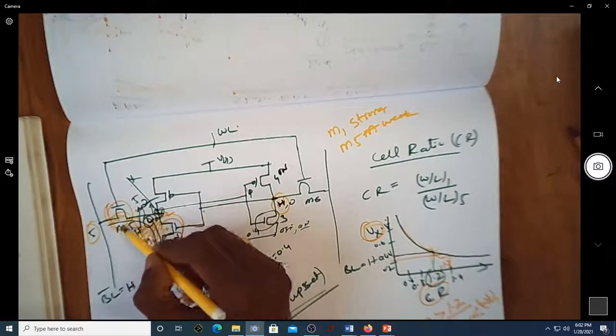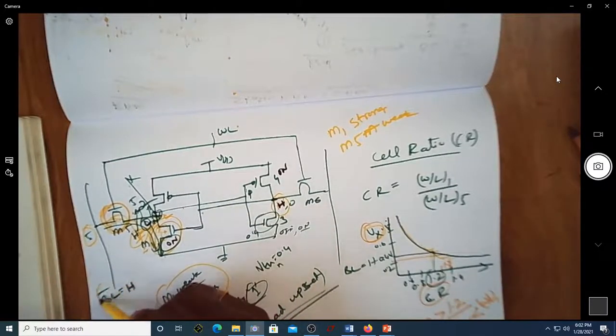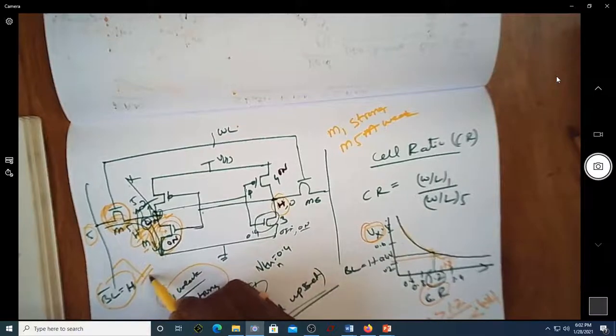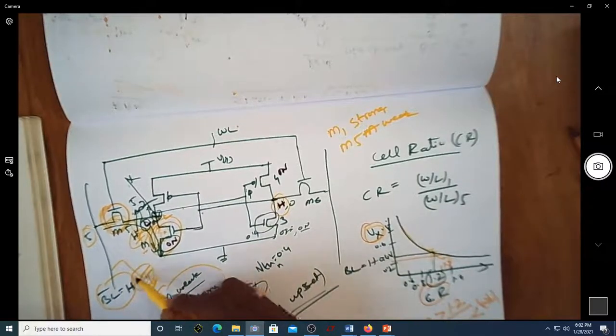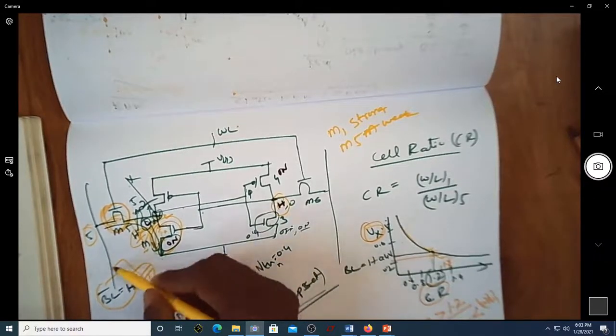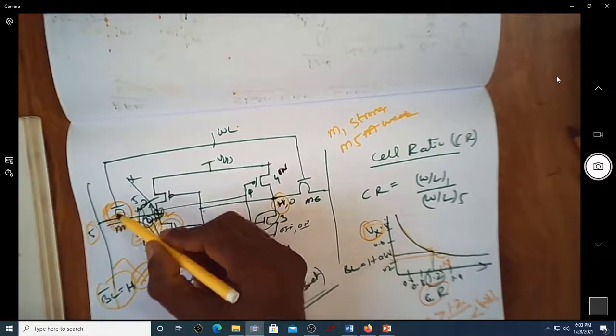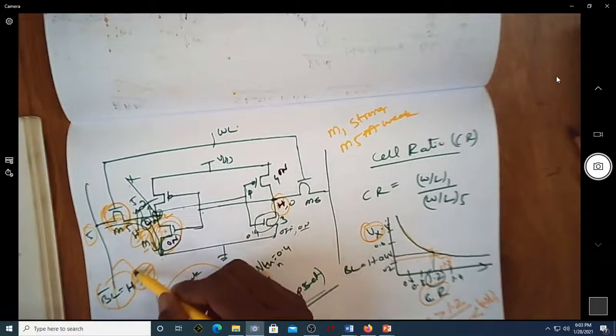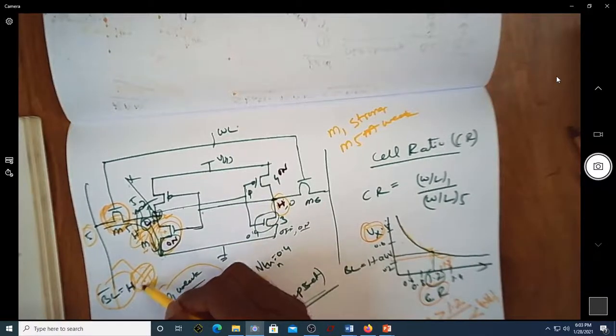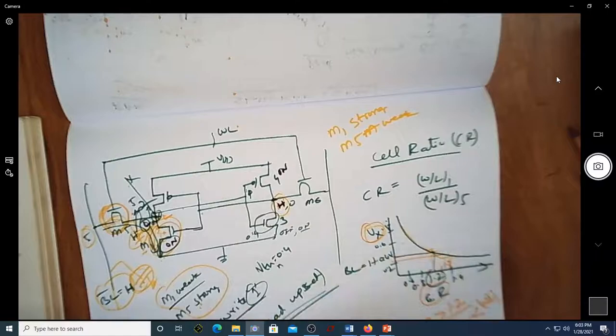So this dimension will also matter for the capacitance of this particular bit line. So this bit line should have lesser and lesser capacitance, because this bit line is connected to the external circuitry. So since I want to have a very less load on this bit line, the M5 transistor is made of very small minimum dimension,